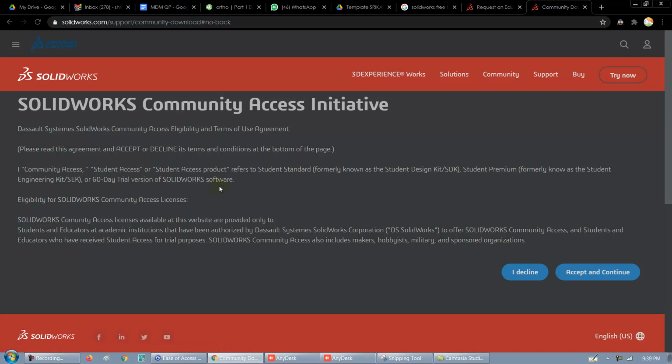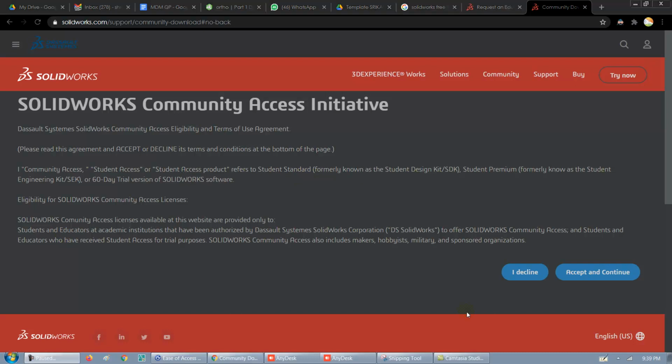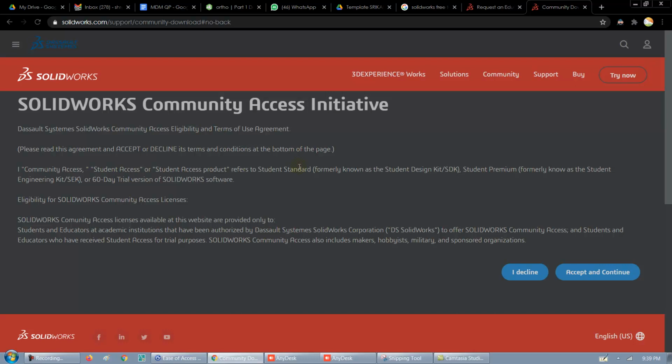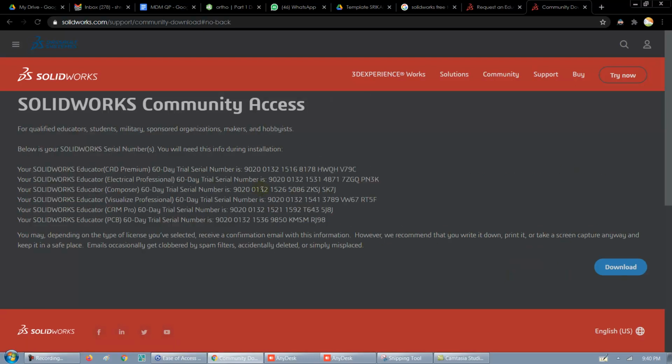Fine. Okay, so SolidWorks Community Access Initiative. Does all system SolidWorks Community Access eligibility in terms of agreement? Please read the agreement. Okay, student access and all refers to student, and fine. It seems everything is safe. I'm an educator, who wants to use this. So I'll just go ahead and click on accept and continue. Let us see what happens now. Fine. So I think the website is now ready to allow me to download the SolidWorks option,